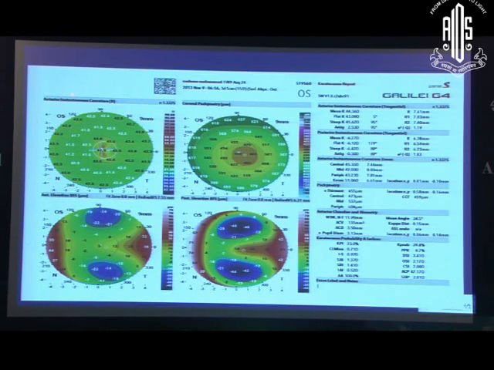Read about the anterior curvature map. This is our axial topography map. What kind of pattern do you have? You have a vertical bow tie pattern. But you know what? It's such a small one. If you look at the color code, it shows that it's quite steep in the center part. But because